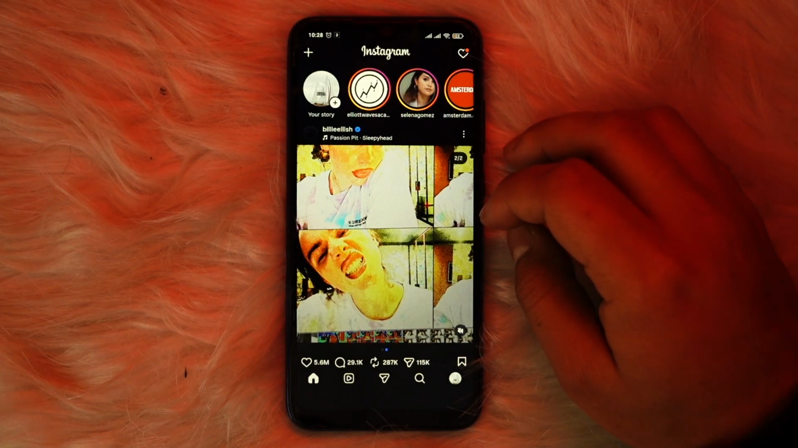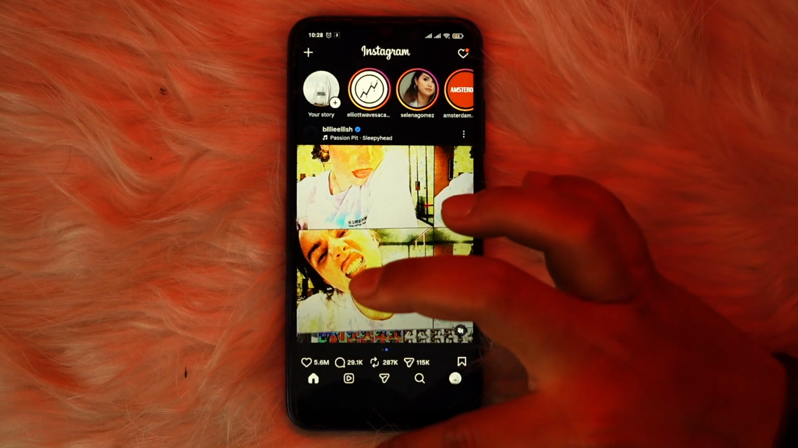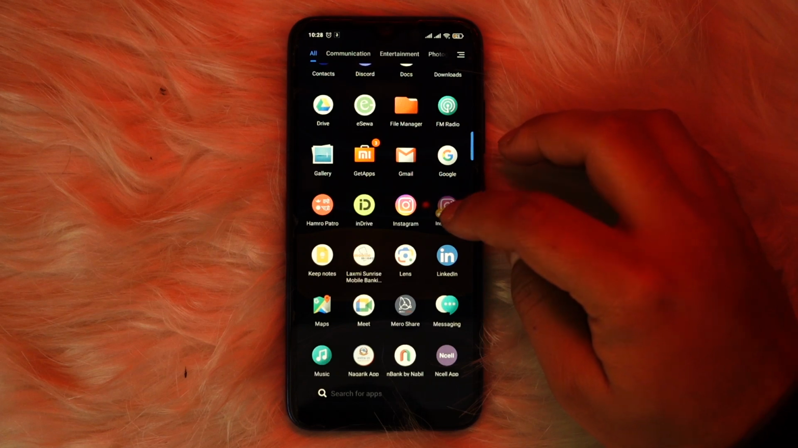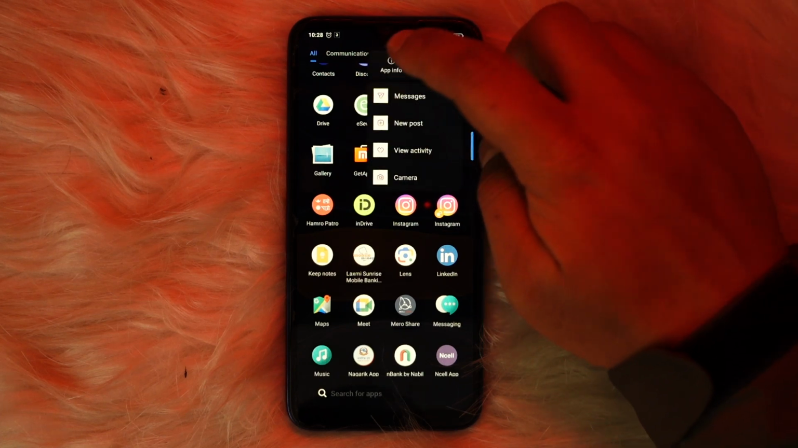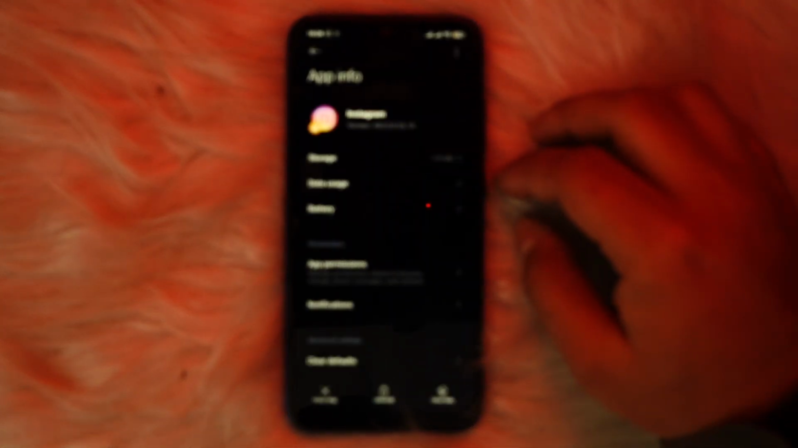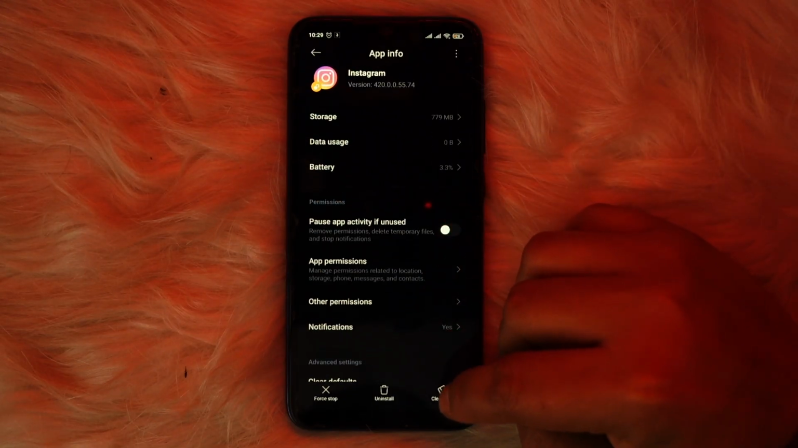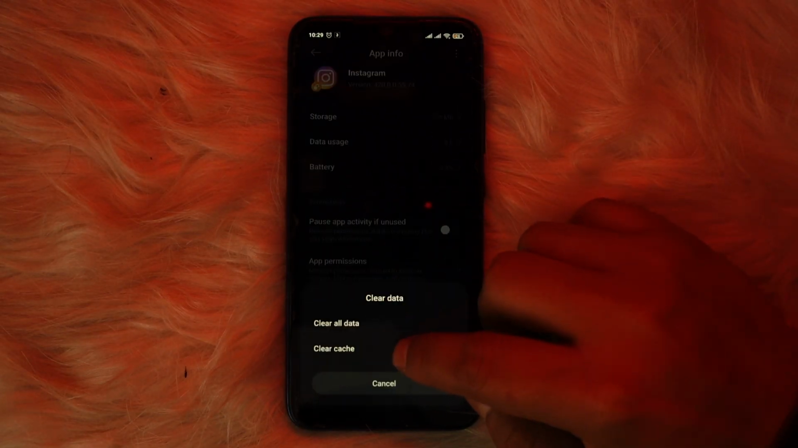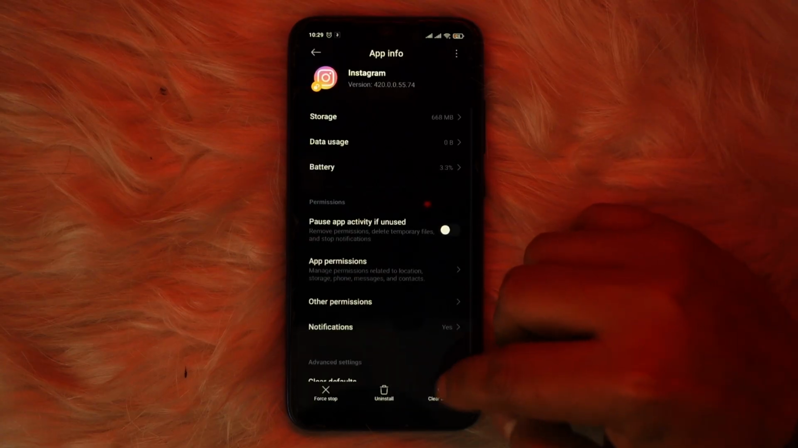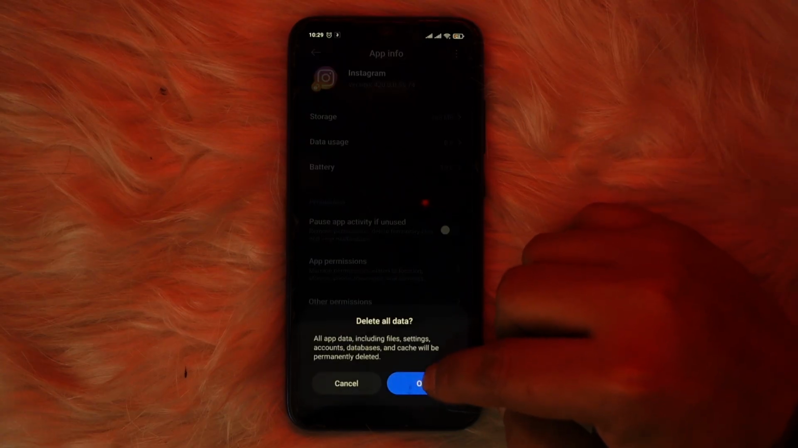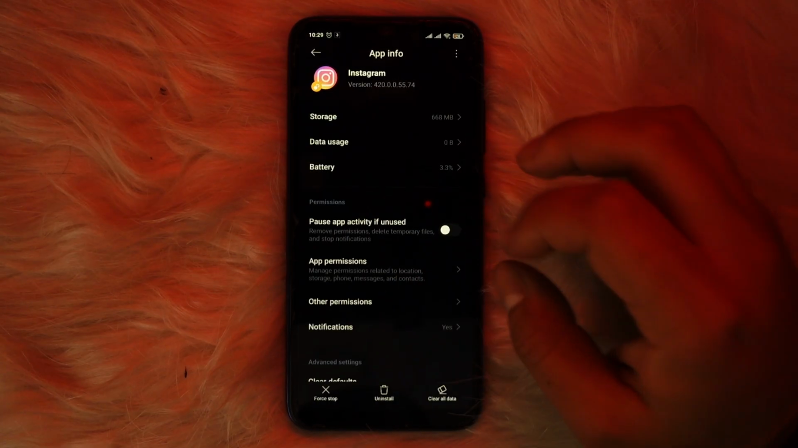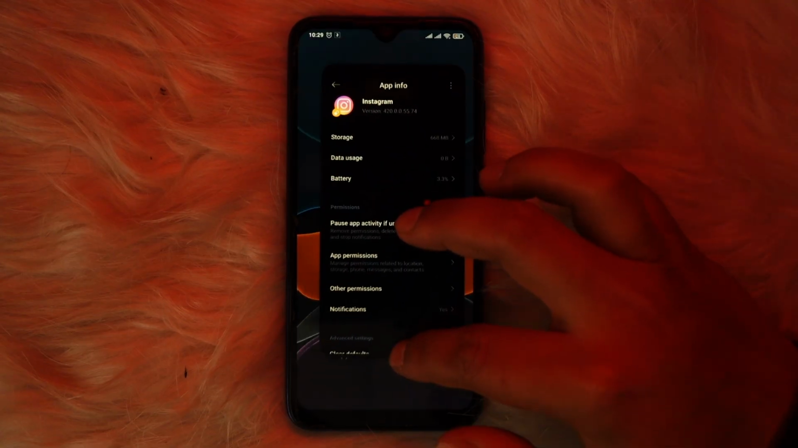Now, if this step does not work for you, the second thing that you can do is try to restart or clear the data of your Instagram app. If you're on an Android device, you can tap and hold the Instagram app, head over to App info. From this screen, if you scroll down, you'll also be able to see the option called clear data. You can tap on the clear cache option, tap on OK, as well as tap on the clear data option. Now what this will do is log you out of your Instagram account